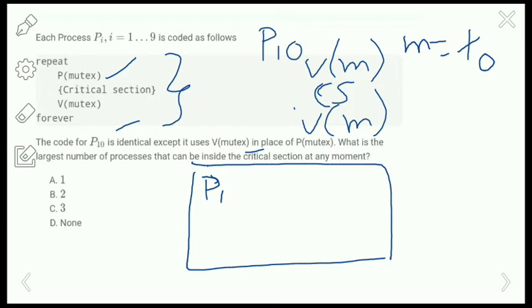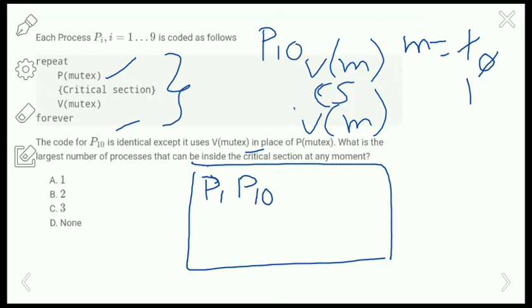So V of mutex means we are going to perform the up operation, that is incrementing the value by 1, and P10 will enter the critical section. So at this moment P1 and P10 are in the critical section.